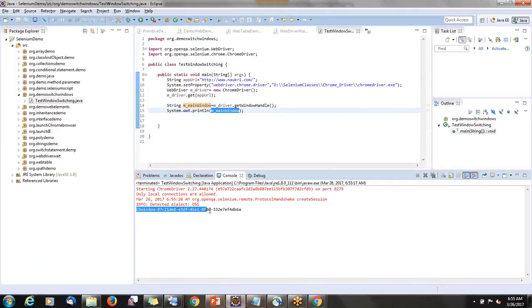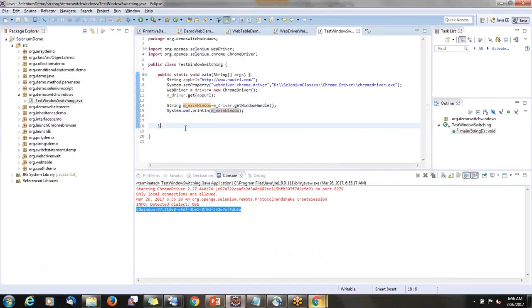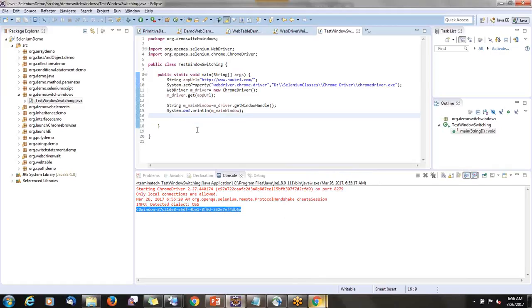This is what it is printing. So this is basically nothing but a hash code representation, or a unique format of the window name. So this window handle is the name of this particular window, the main window, right? With the help of this window handle, we can switch to any other window and perform our operation. So this is for the main window. But what if I wanted to get the window handle of this other window? For that, what I'll do is